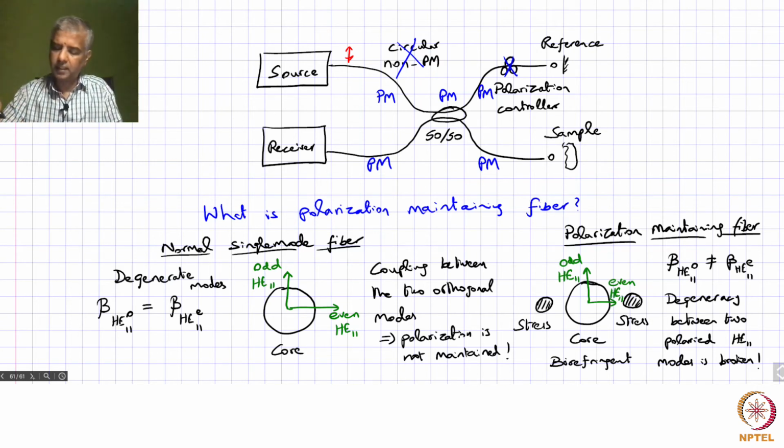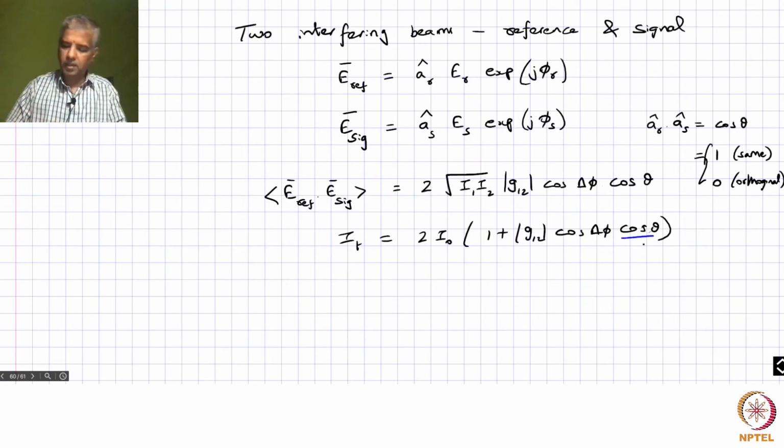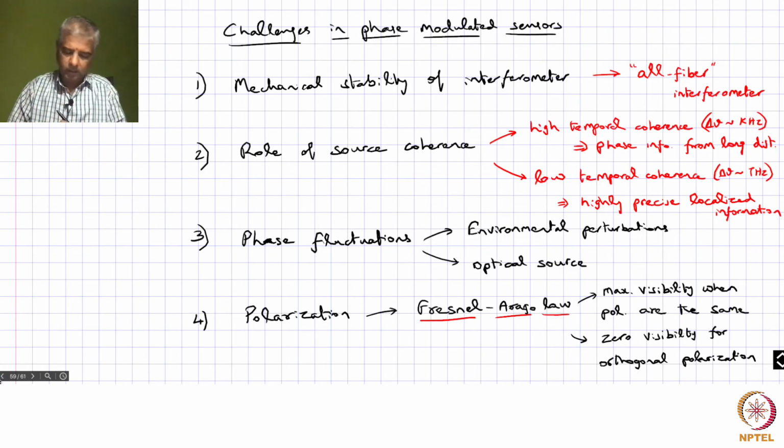It is a very popular fiber for these sorts of applications, to make sure that polarization is not as much of an issue, and essentially we can have that cos theta go to 1, and thereby we are having